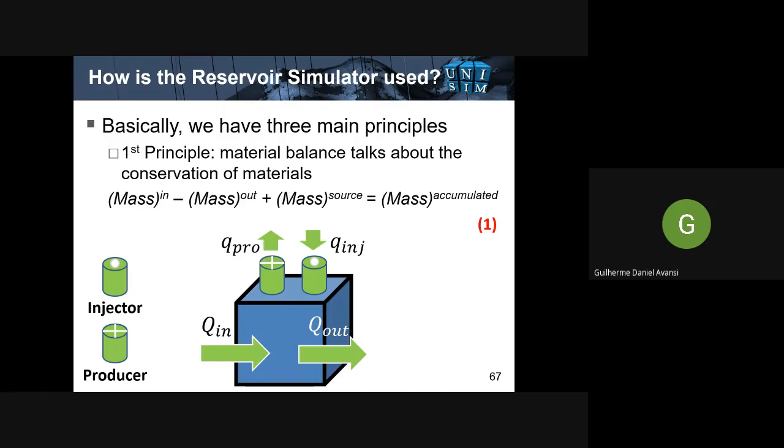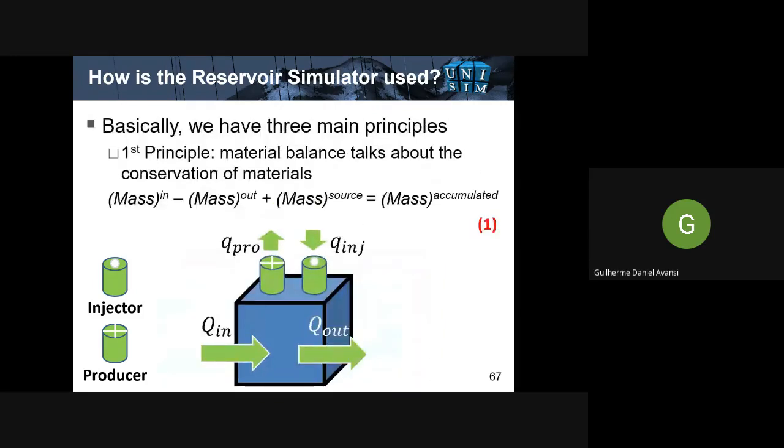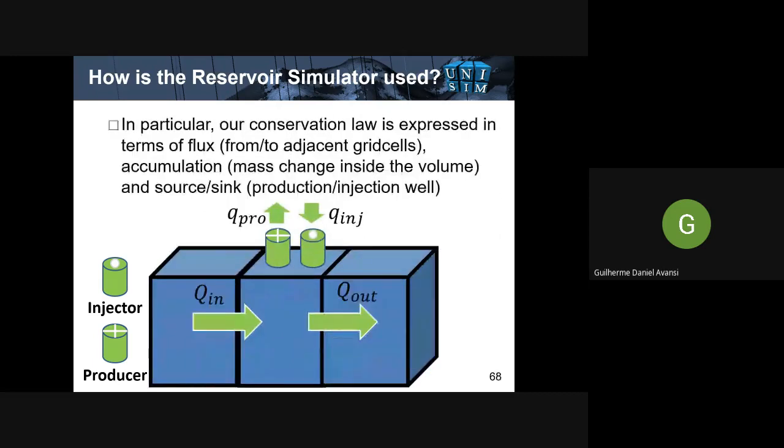So we can have this mass still inside there. We just need to be careful because this mass accumulate here is just the amount of mass that we have inside this grid cell block that remains inside, right? And okay, we just include this information from one grid cell, and now we are getting information from all the